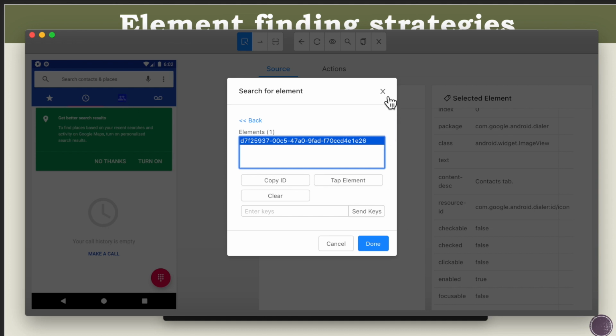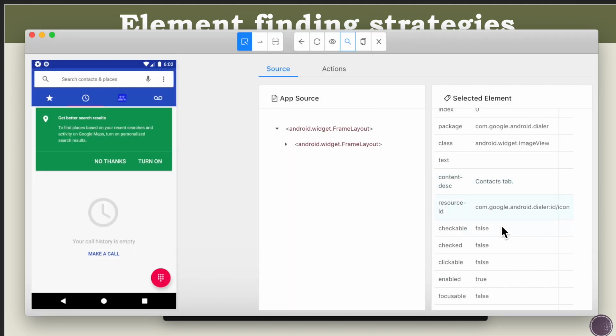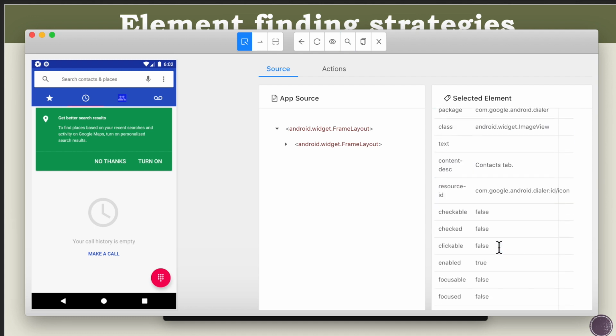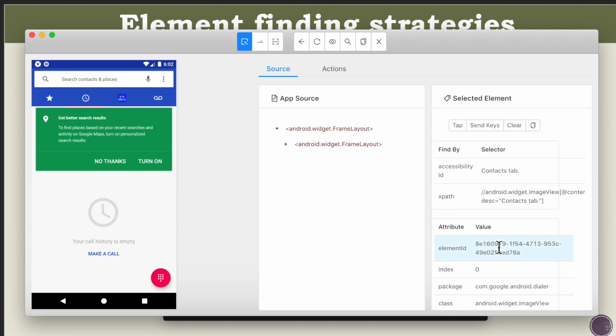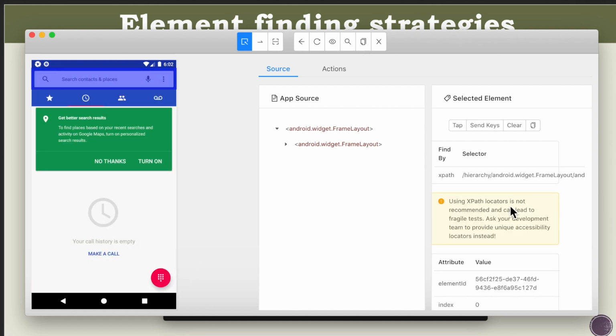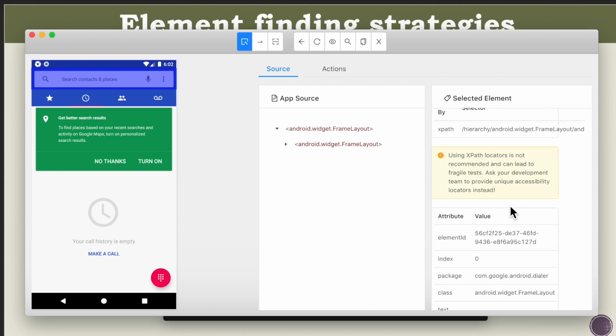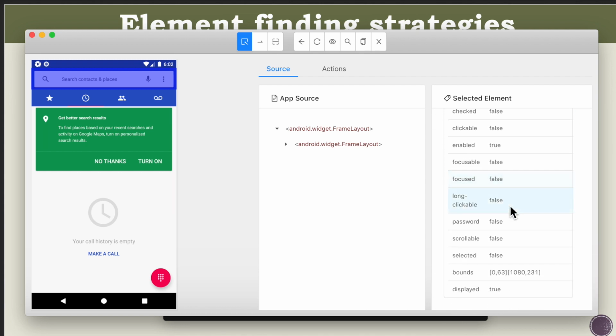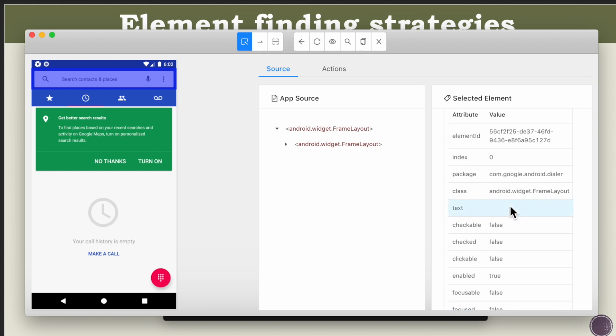So the same way you can even execute these locators and find out if one is unique or not before implementing that locator in your Appium script. Okay, so let's see a few more things. Let's see this text box. Here you can see there is no id associated with this one. So you have to find out if there is anything